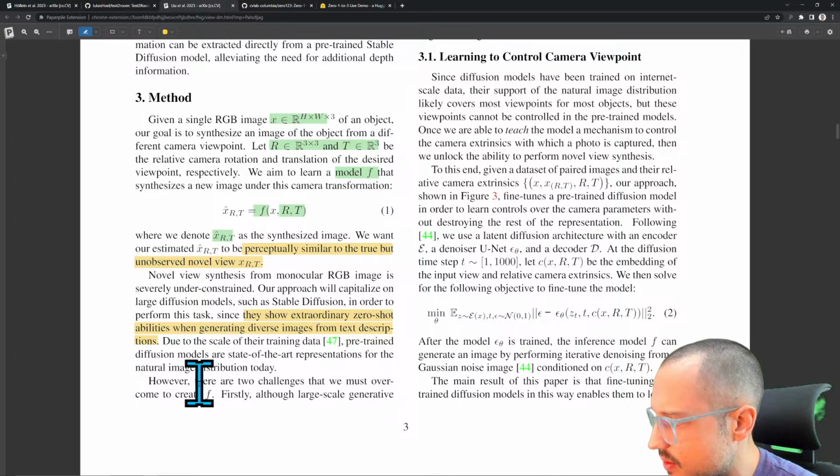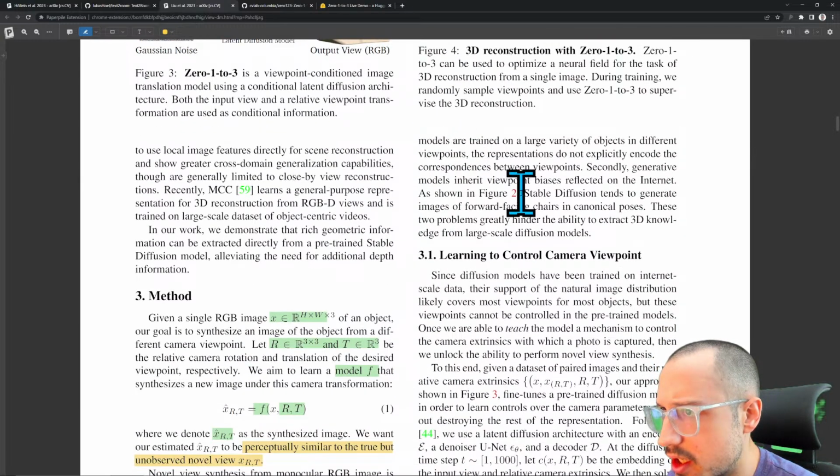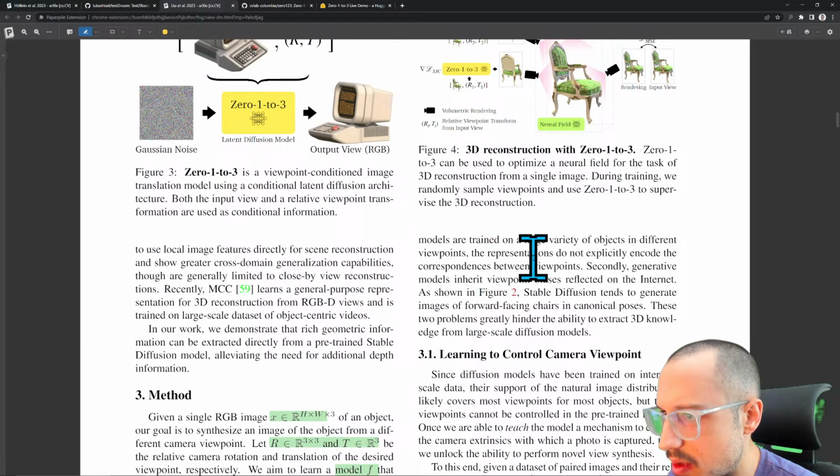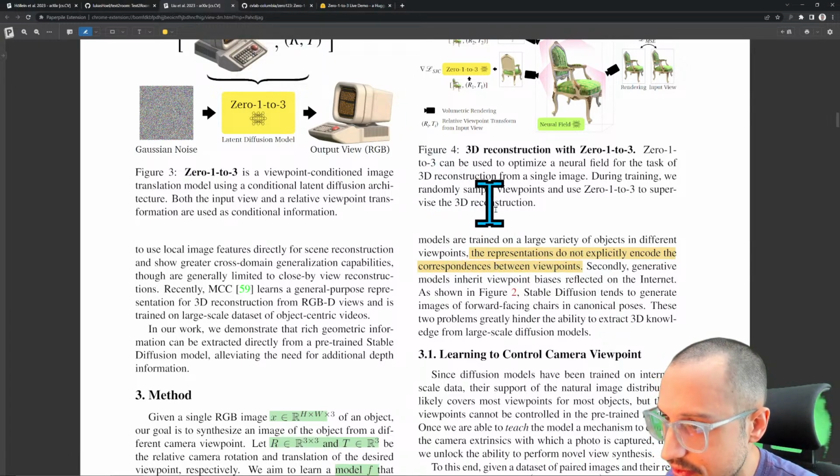There are 2 challenges that we must overcome to create F. Although large-scale generative models train on a large variety of objects in different viewpoints, the representations do not explicitly encode the correspondences between viewpoints. They do not, but there is enough